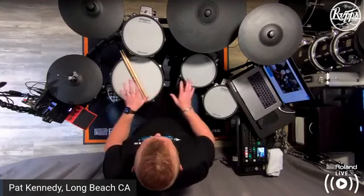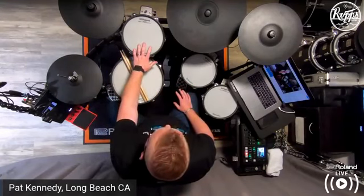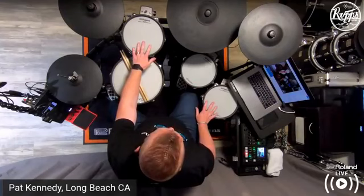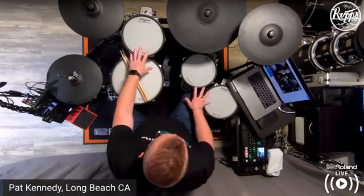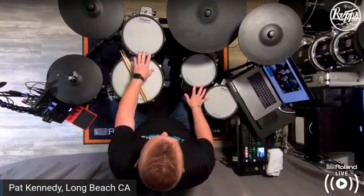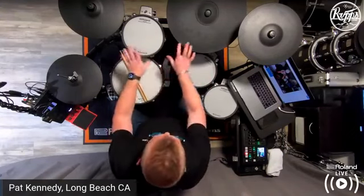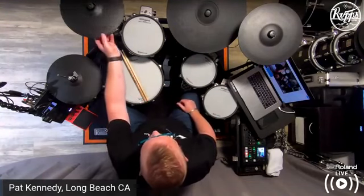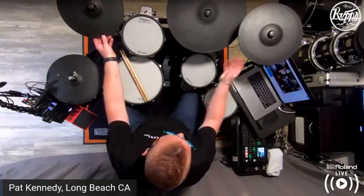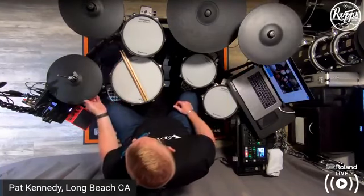And then the rest of the kit is outfitted with PDX 100 pads. So we have 3 of those for our toms. And of course, I made a setup here, my 1 up, my 2 down. I prefer that as a player. Of course, you can move it around. You can put this tom up here and you can have the 2 up, 1 down, whatever you want to do. And then we have our CY12C crash here and a CY13R as a second crash here, right? And then we have our